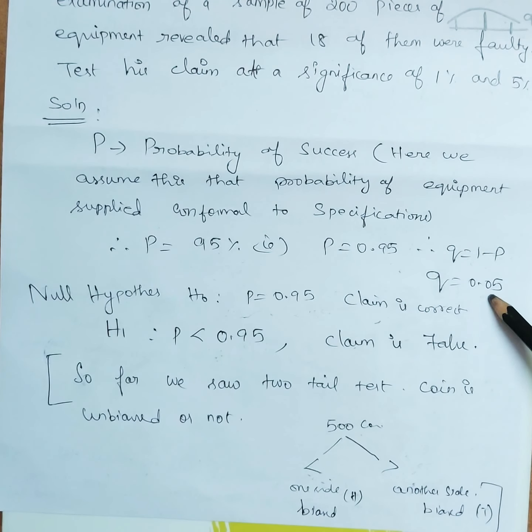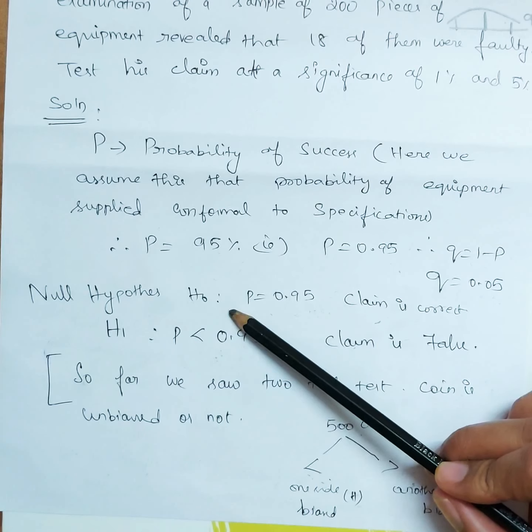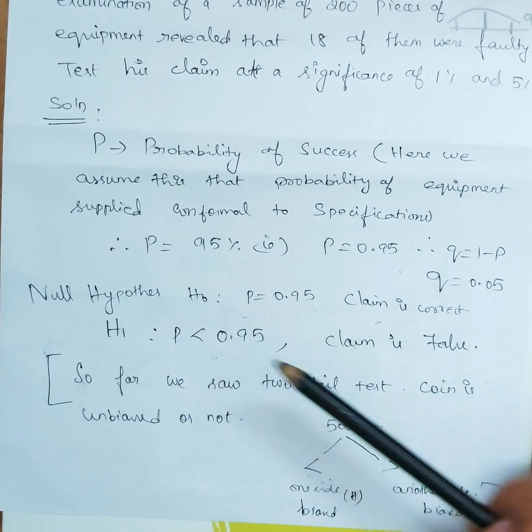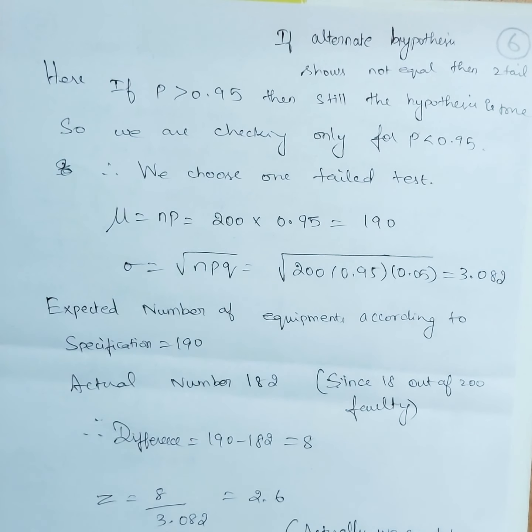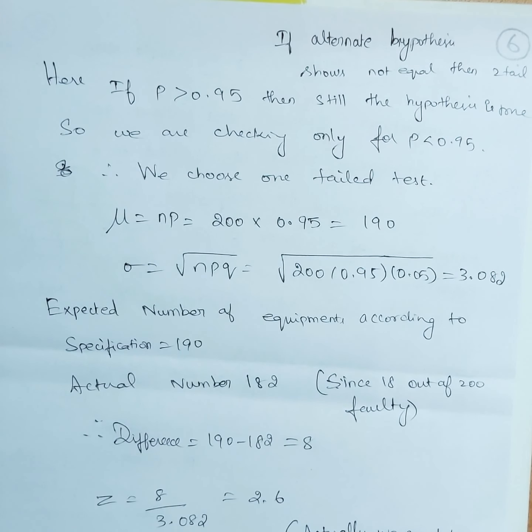So we have written the data. We have written the null hypothesis and the alternate hypothesis. And we decided that it's going to be a one-tail test. This is very, very important. Now we'll move to the formula. Actually, this sampling is more tricky than the probability problems, than the probability distribution given in your syllabus. You have to think a lot, and solving a problem takes hardly 2 minutes.